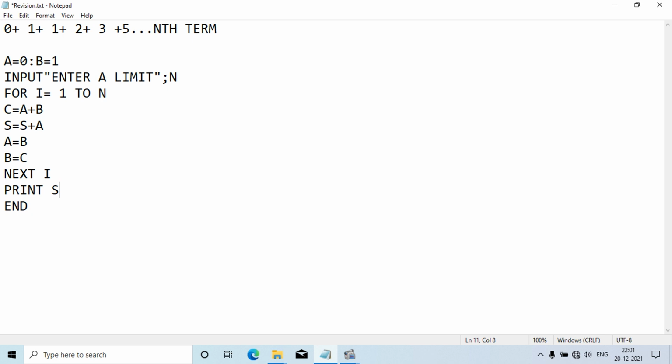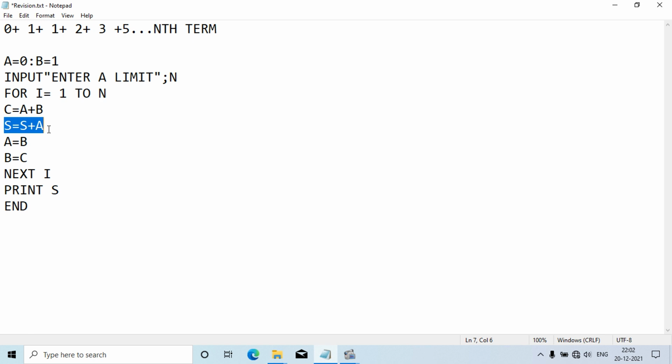Basically, whichever variable you print as the term in print the series, in sum of the series you have to add that variable to S. This line is important for sum of the series. So those who are a bit confused about sum of series and print the series can understand with this.